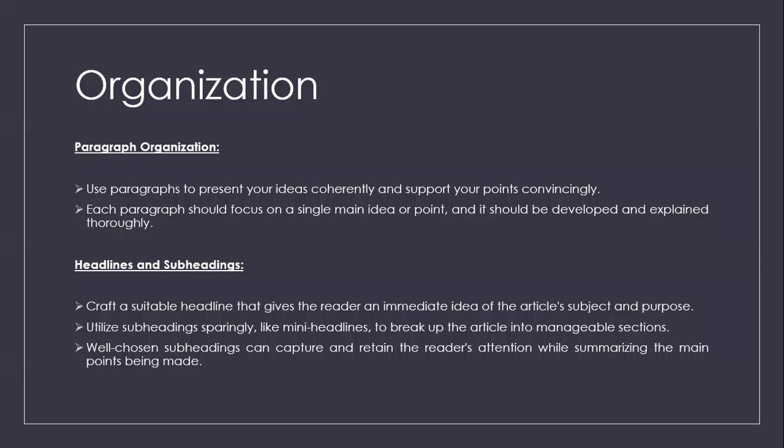The PEEL methodology. Once you have finished writing all of your body paragraphs, you are going to come up with a strong conclusion, the last paragraph of your writing. In the conclusory paragraph, we are going to reinforce the ideas. Remember, when we are reading longer pieces of text, humanly it is not possible for all of us to remember each and every point that is being made by the author. So before wrapping up your piece of writing, it is highly recommended that you reinforce all the ideas that you have discussed in your writing.